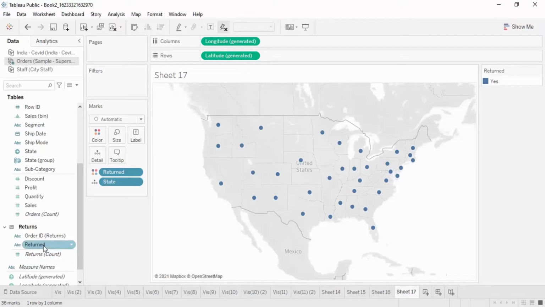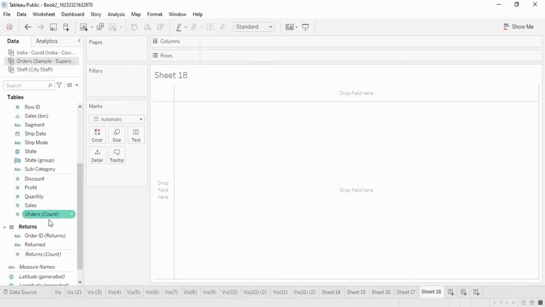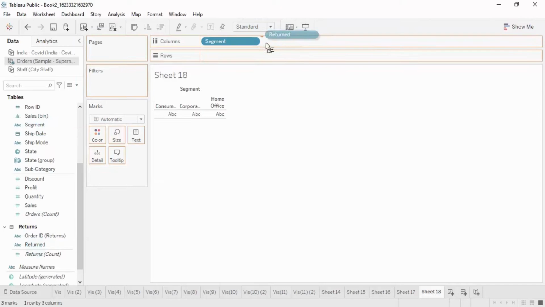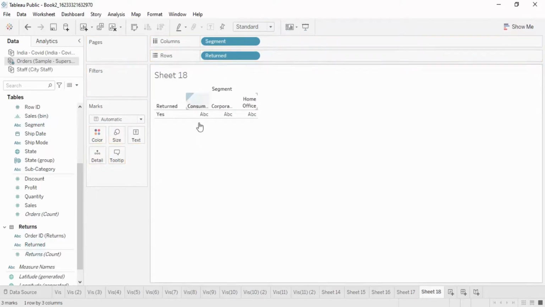So what have I done? I have used this return value and the state value. Similarly, you can use different values for generating different kinds of visualizations, right? Like suppose you want to find out the segment wise data of the orders that were returned. So we can just get the return value over here,